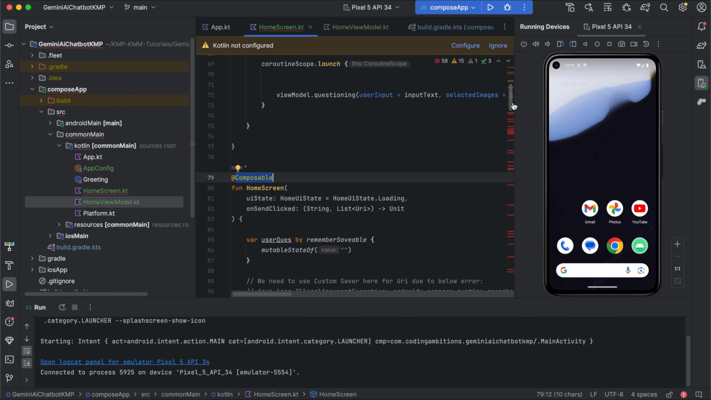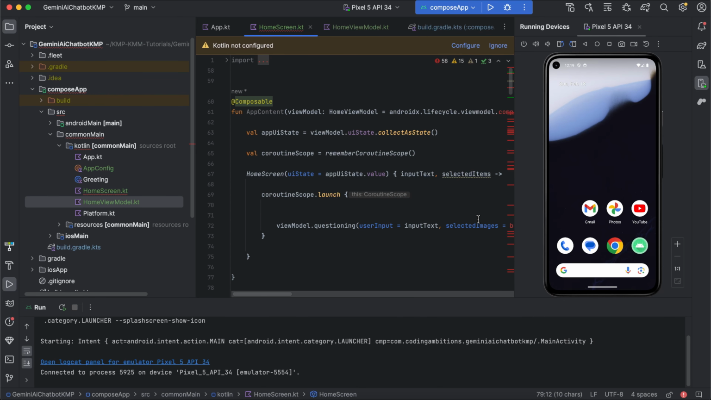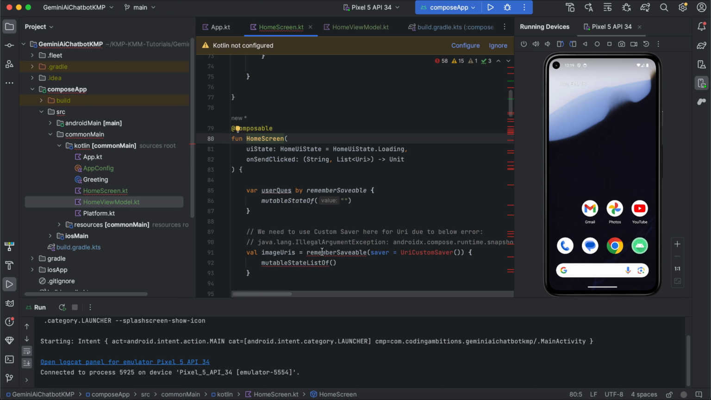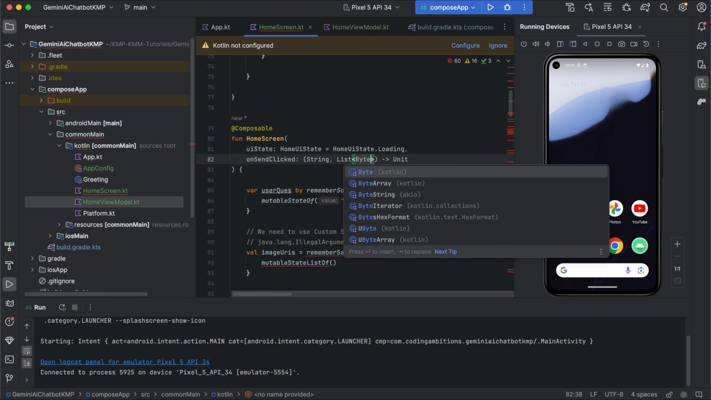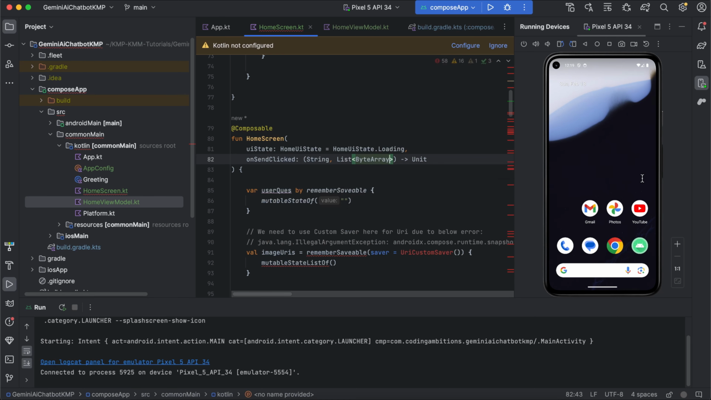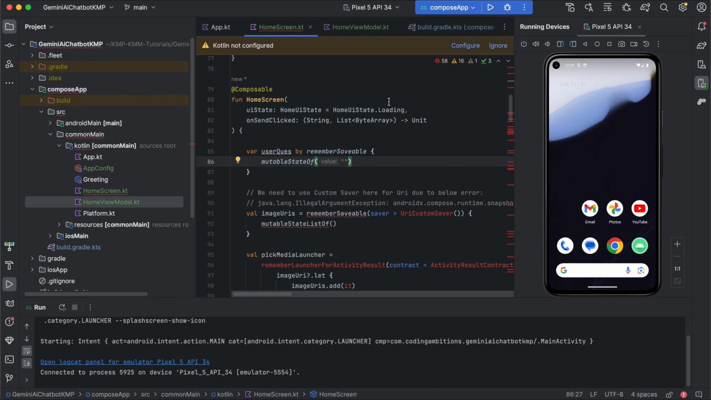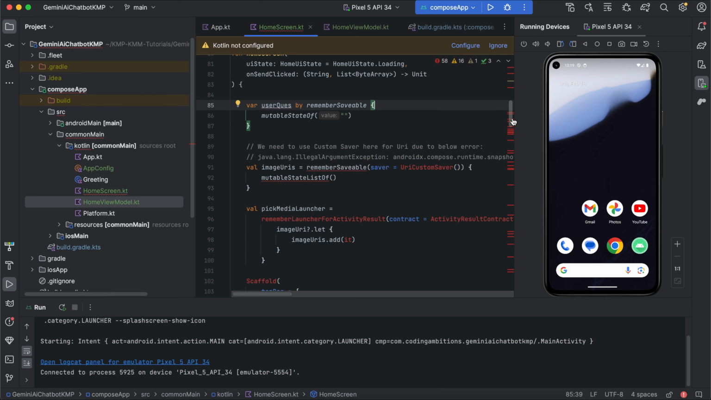So let's continue. This selected item will be of type not URI but byte array, right? One question will be coming to your mind: byte array, how will we be getting that byte array for the selected image? For that we will be creating one factory class, that is the expect class, and we will be implementing that in Android and iOS, right? Okay,